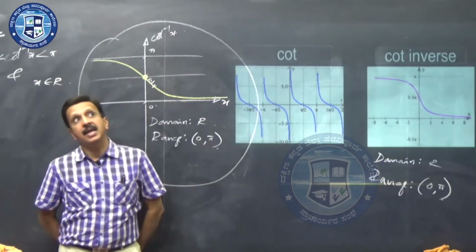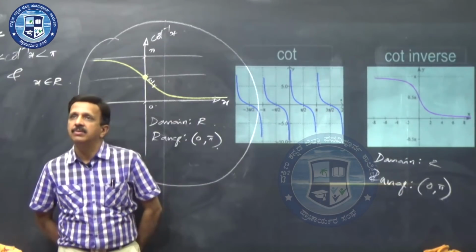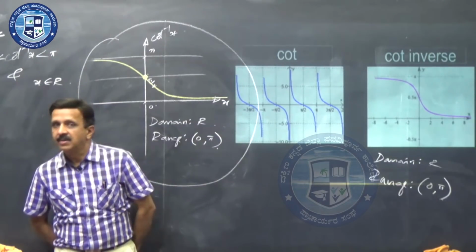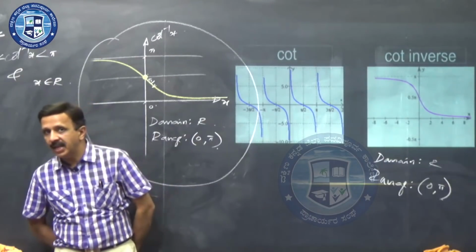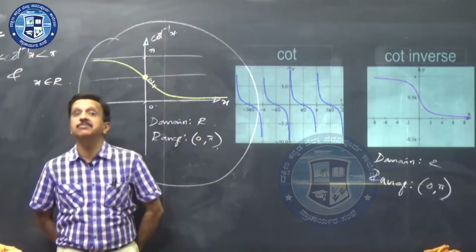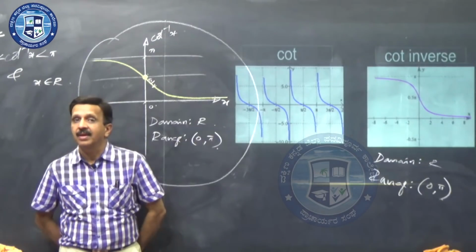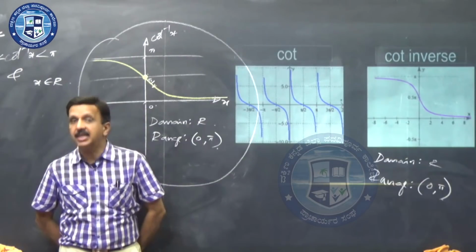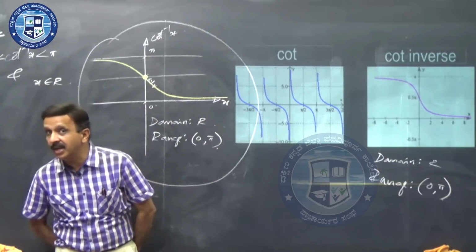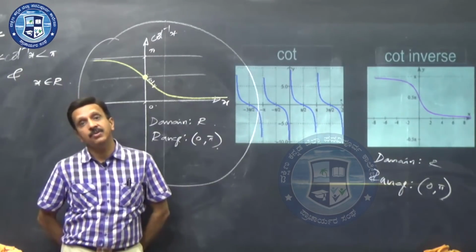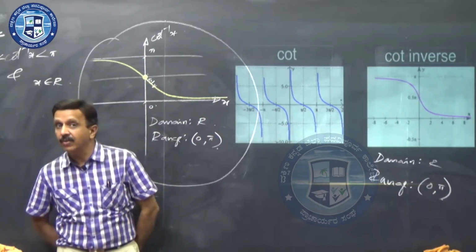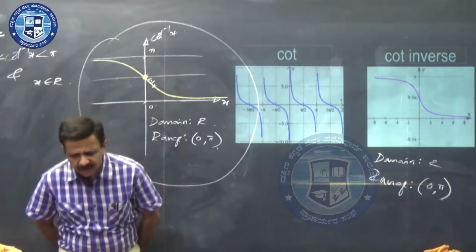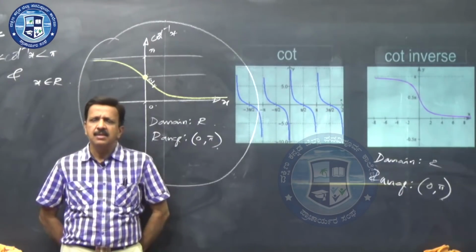Second thing: sine inverse positive, first quadrant; sine inverse negative, fourth quadrant; cos inverse positive, first quadrant; cos inverse negative, second quadrant; tan inverse positive, first quadrant; tan inverse negative, fourth quadrant, because it varies between minus pi by 2 to plus pi by 2. Cosec inverse positive, first quadrant; cosec inverse negative, fourth quadrant; secant inverse positive, first quadrant; secant inverse negative, second quadrant; cot inverse positive, first quadrant; cot inverse negative, second quadrant. Cot inverse behavior is between 0 and pi. So these things are very, very important. If you remember this, nothing like it.